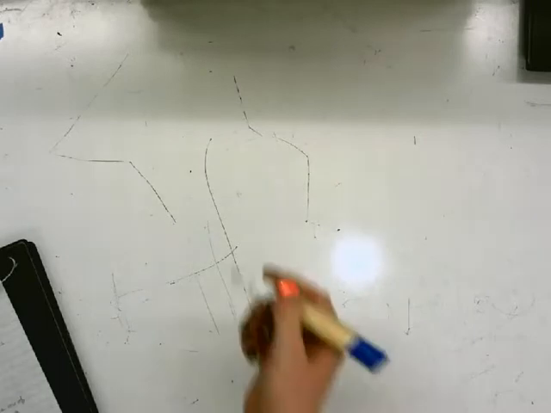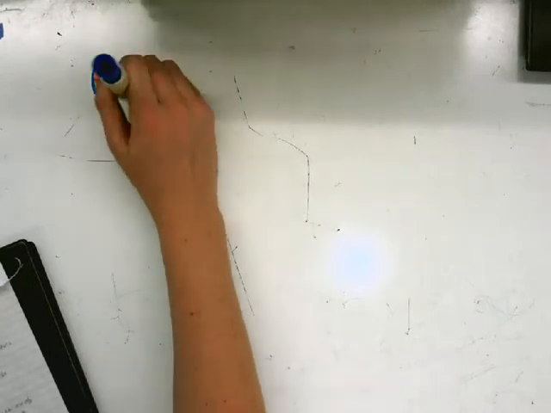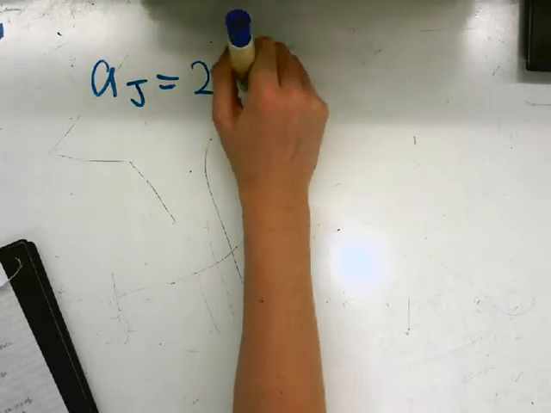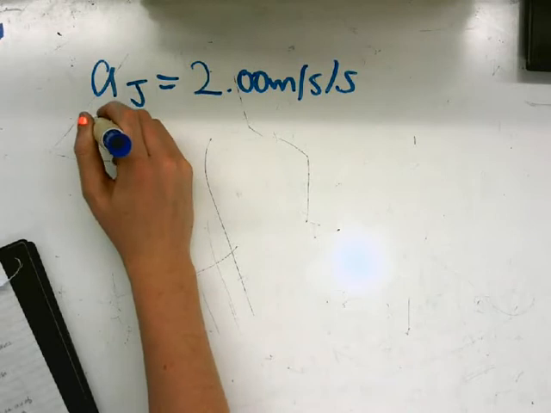So, the problem is that in a classic Seinfeld episode, Jerry races one of his old high school friends. Upon hearing a car backfire, Jerry leaves half a second before his friend. Jerry's maximum acceleration is 2 meters per second squared, and his friend's is 2.2 meters per second squared. So, before we start with any of the problems, let's write down what we know. We know that Jerry's acceleration is 2 meters per second squared. We know that the acceleration of Jerry's friend is 2.2 meters per second squared,